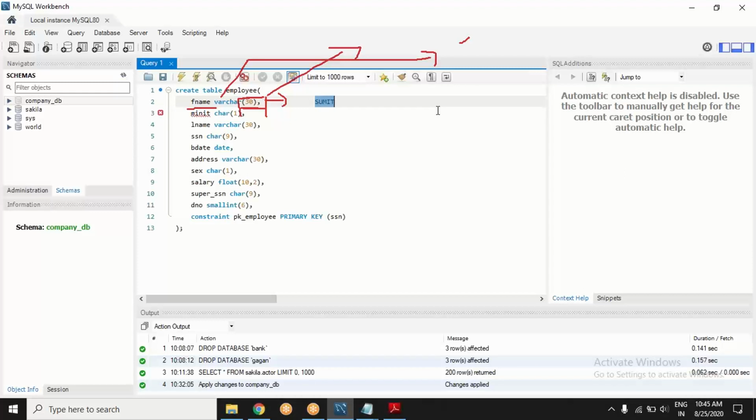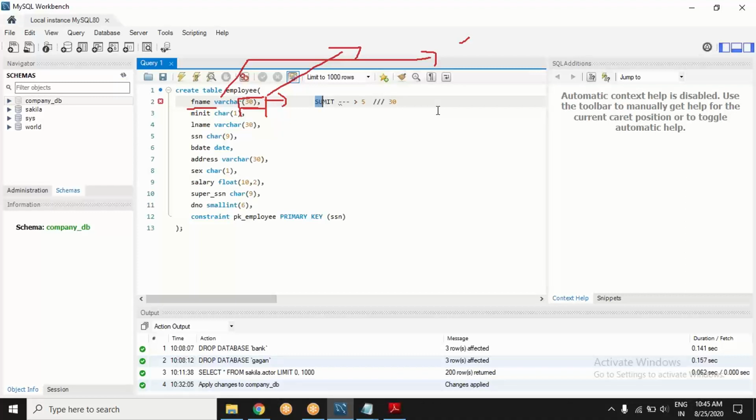It is of length 5. So what should be our intention, that it should occupy only 5 bits or bytes, whatever unit it is consuming. It should not occupy 30, because we have made it variable.